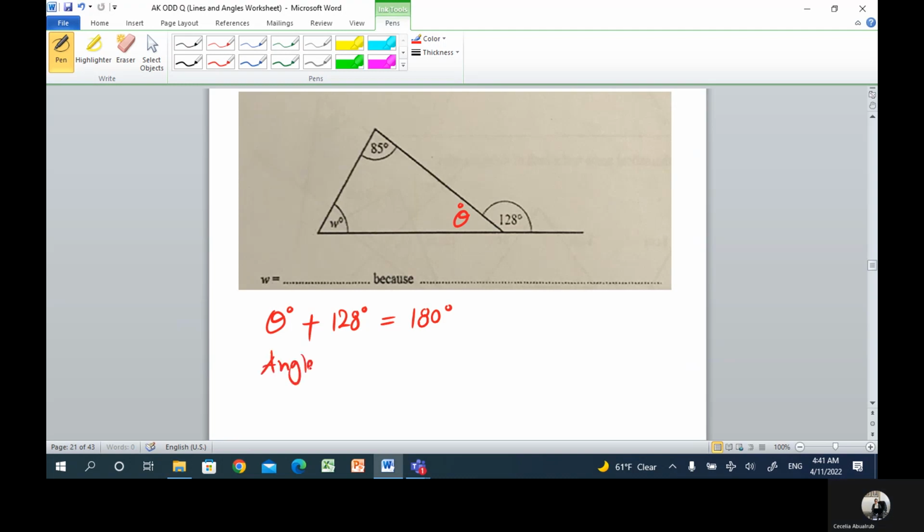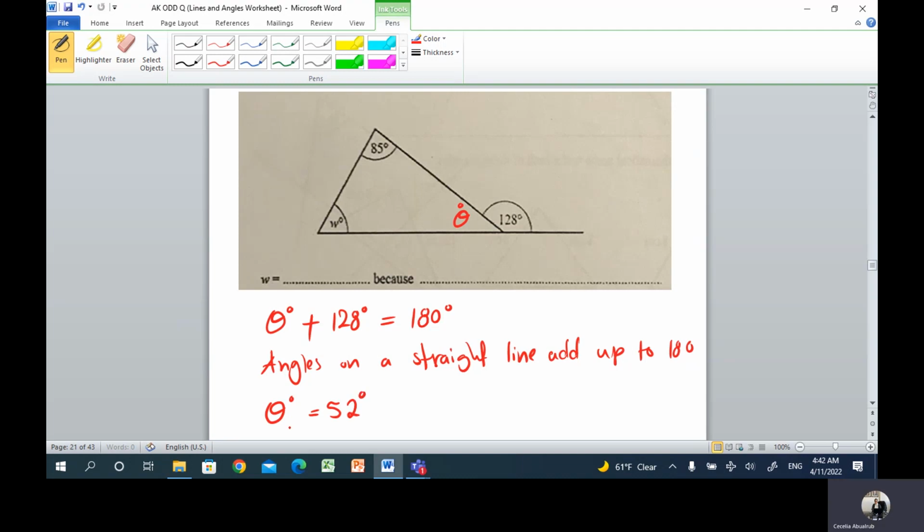Angles on a straight line add up to 180 degrees. And if you apply opposite operations by subtracting 128 from 180, the answer will be